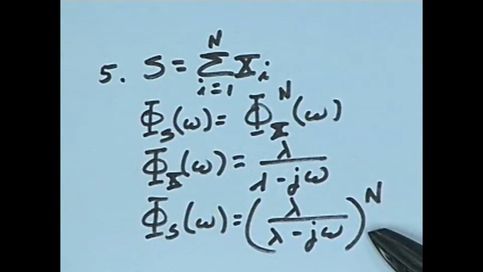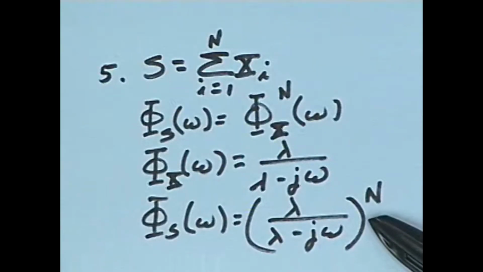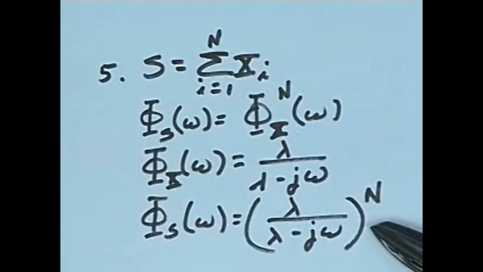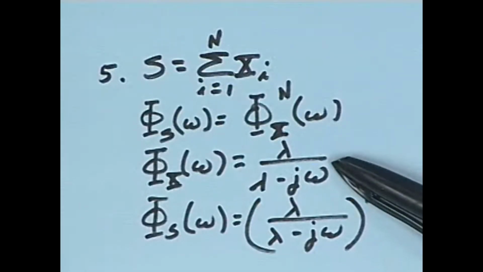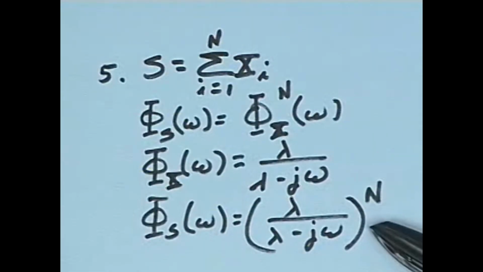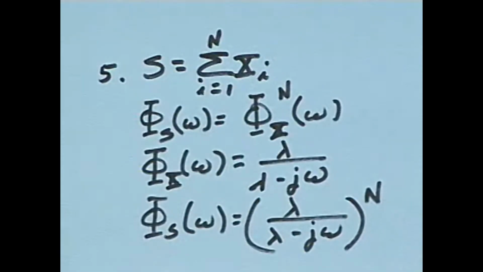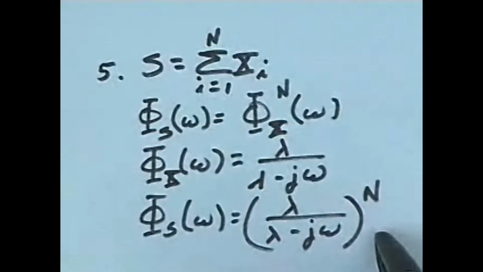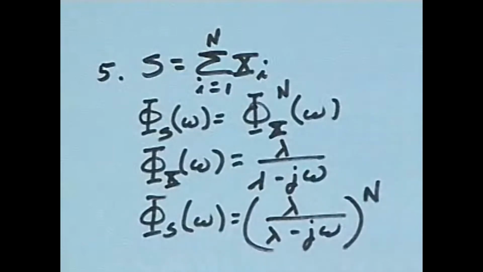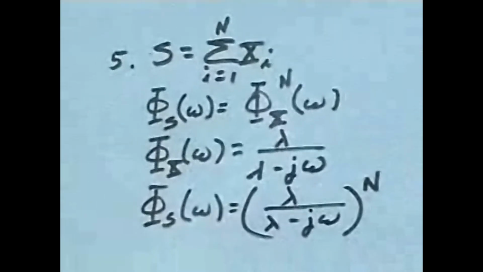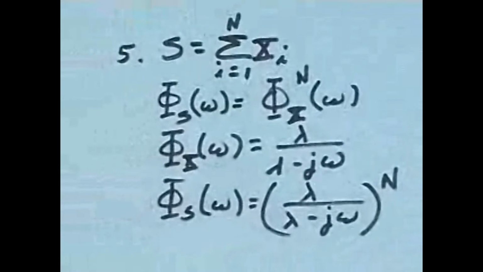I would not give you this problem unless I gave you the characteristic function table for these things. Okay? So you would look at this and say, aha, this is the characteristic function for the exponential. If I raise it to the nth power, that is the characteristic function for the Erlang random variable. And just to recognize from the table that indeed this is an Erlang random variable. So this would be a difficult problem if I had required you to memorize this, but I won't do such a thing. I would give you a table in such a case.